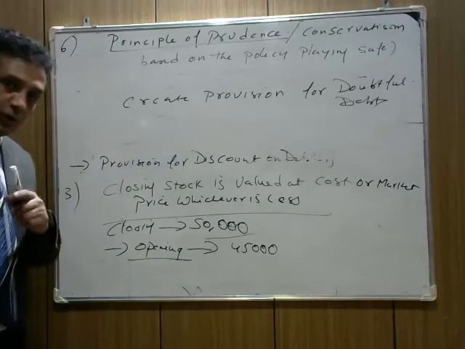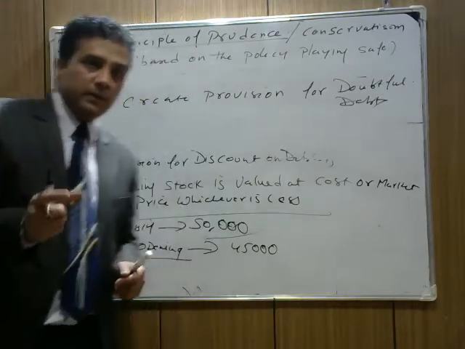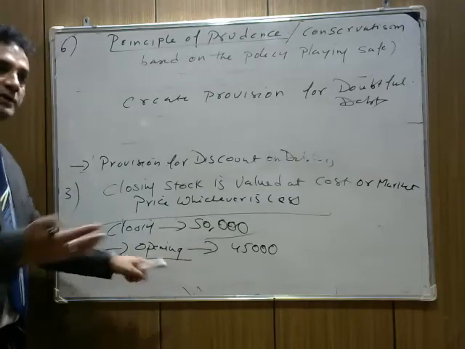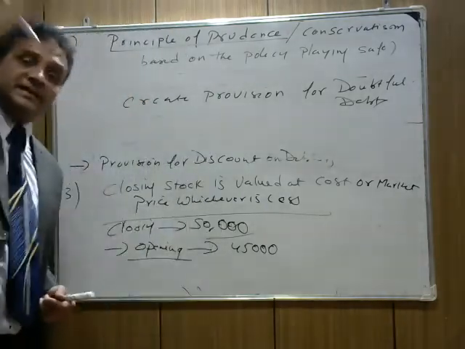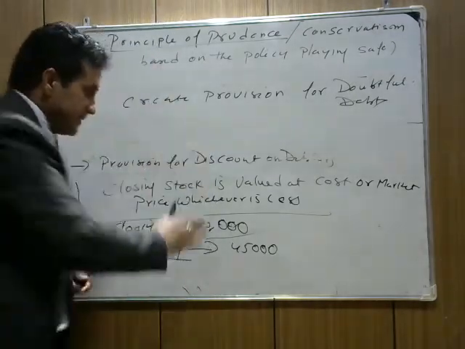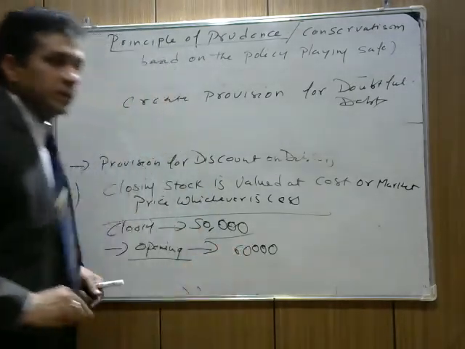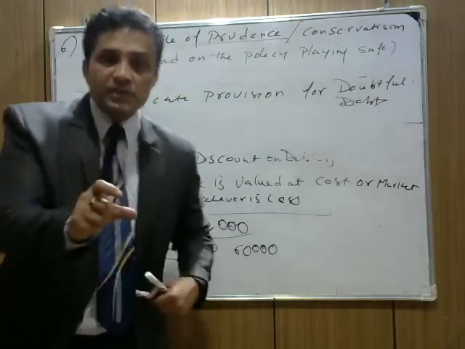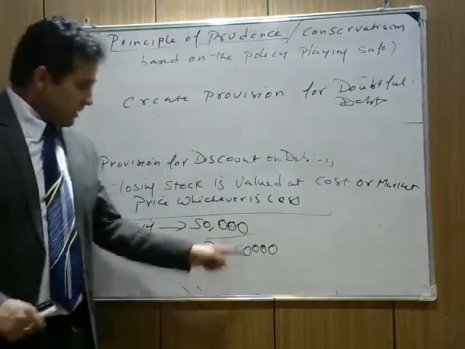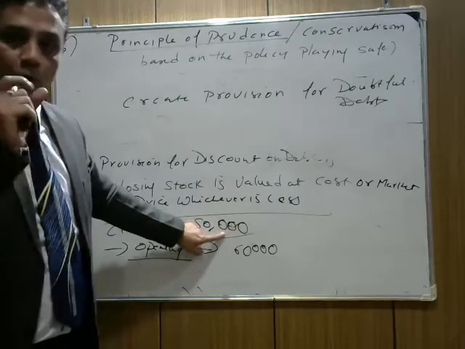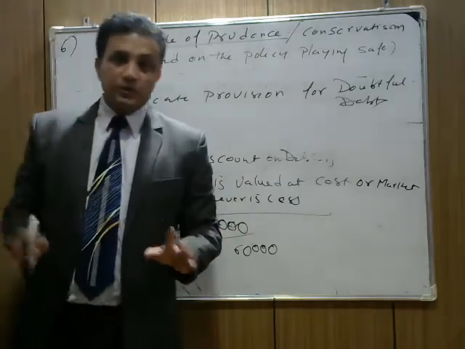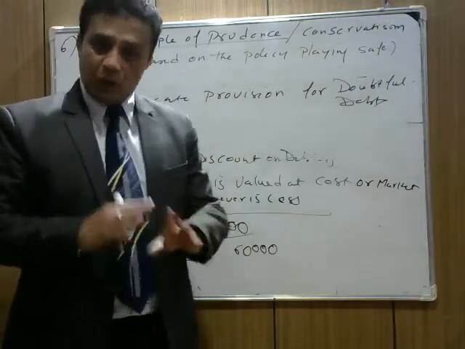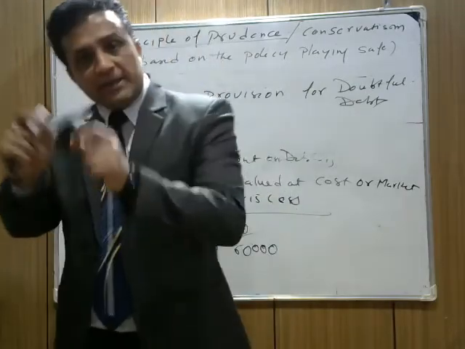Or suppose, again, the closing of this year is the opening of next year. Whatever the closing stock is this year is the opening of next year. We already discussed this, the stock part, the inventory part, the stock of different types. So the closing stock value is 50,000. But due to technical things, due to changes in the business, its value increases. It measures 60,000. But what this principle says is that we record whichever is less. The closing stock is valued at cost or market price, whichever is less. That means if the value increases, we note down only the value which is less. I hope it's clear.